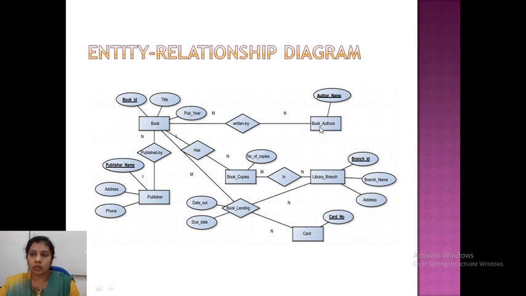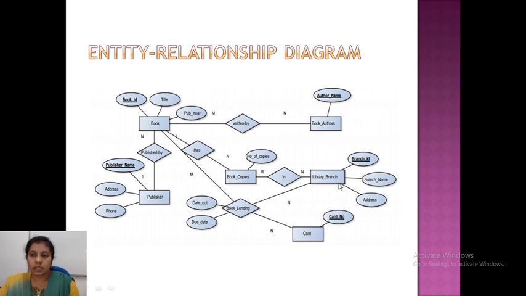We are including book ID in book authors. And then a book can have any number of authors, and an author may write more than one book. So that's why here it is a many to many relationship. And book has number of copies. A book can have n number of copies, but if you have an instance of a copy, that belongs to a particular book. So that's why it is a 1:n relationship.